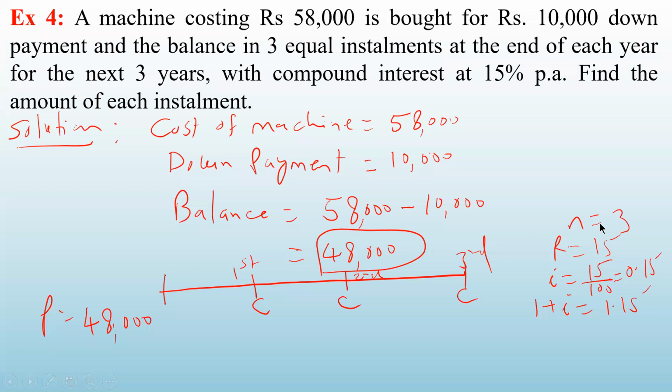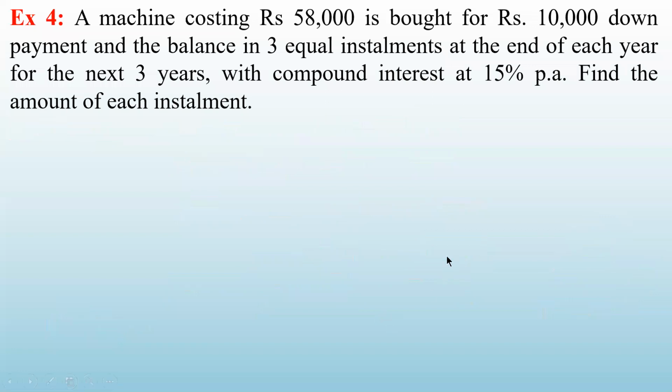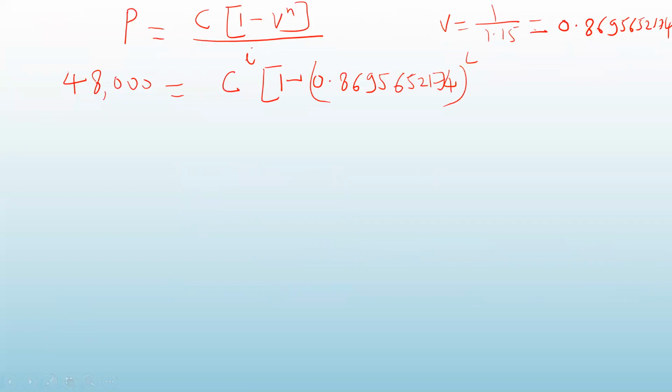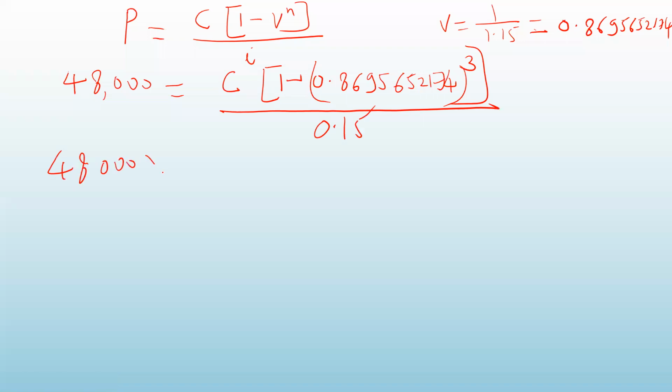N is 3 and P is 48,000, and I is 0.15. Okay. Now you will do the cross multiplication. So 48,000 into 0.15 is equal to C into (1 minus